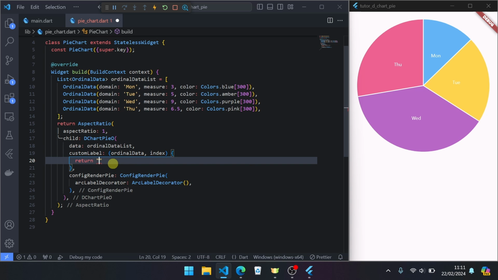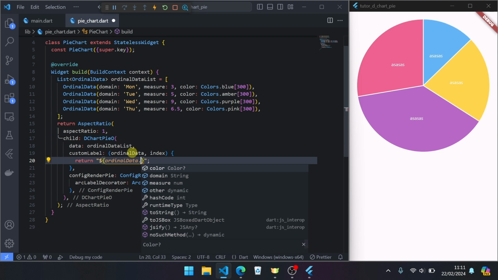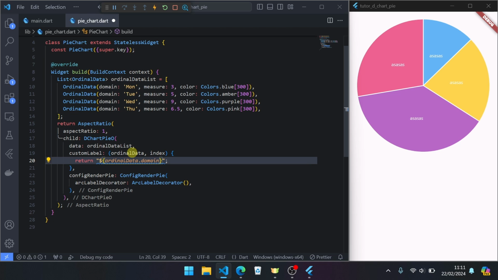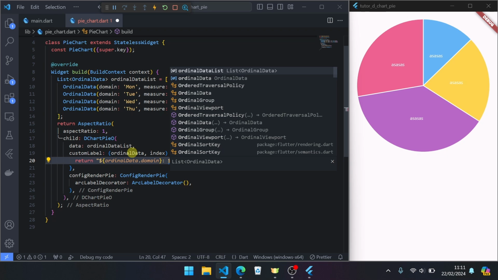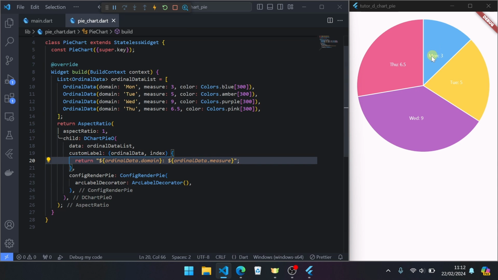Return, for example, like this, save. Or you can show the domain value and measure value: ordinalData.domain, colon, space, ordinalData.measure. Save. Okay, like this.